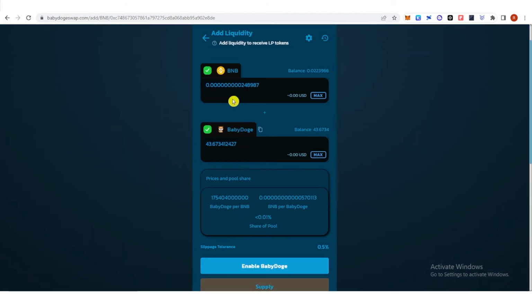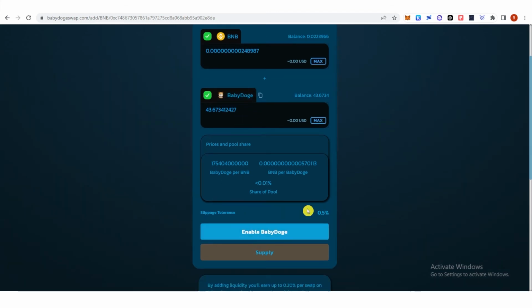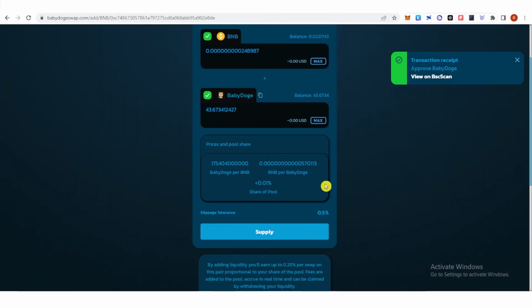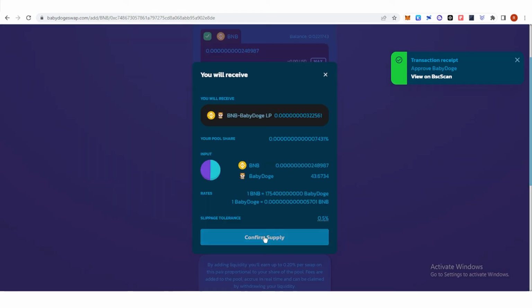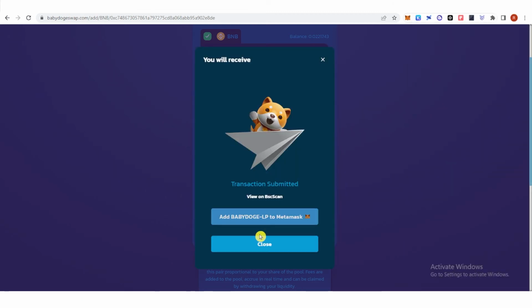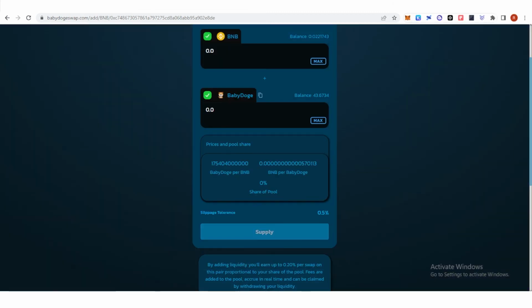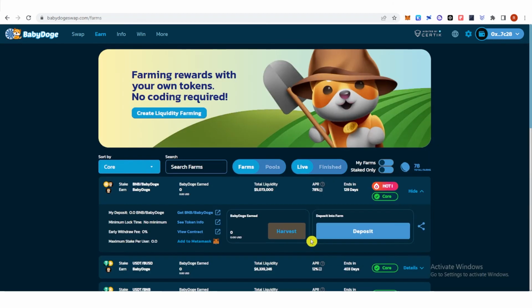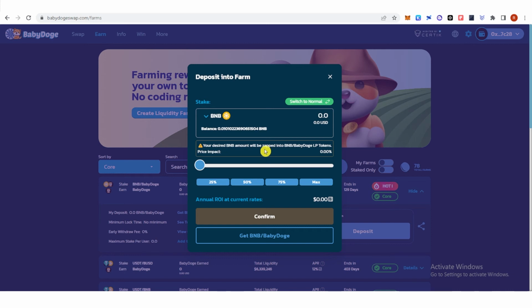Once you have typed down the amount of Baby Doge and BNB you want, click enable Baby Doge, click confirm, and then click supply. Click confirm supply, click confirm, and click close. Go to farms here, click deposit, and then I will choose the maximum amount,